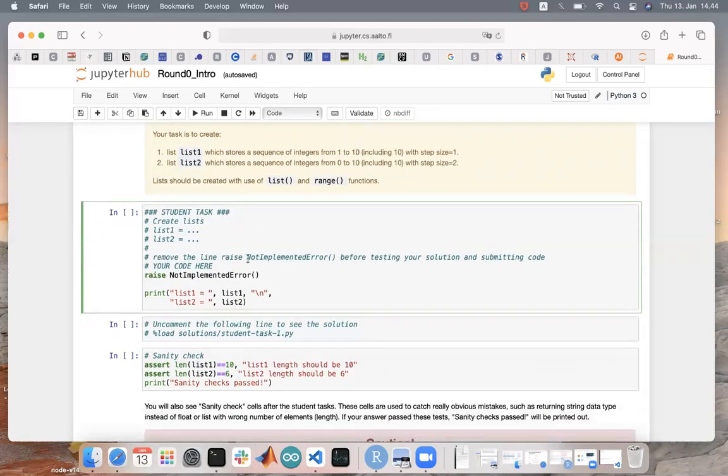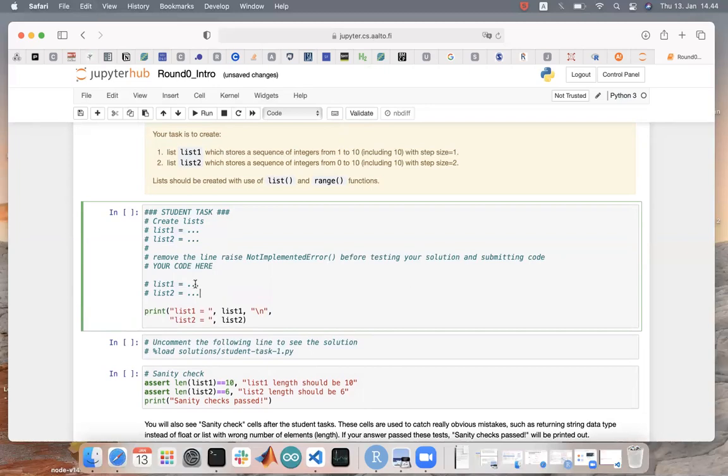Before putting your code, you need to also either comment or delete this raised non-implemented error. For example, I can delete it. Usually we also provide the variable names. And you could do something like this.